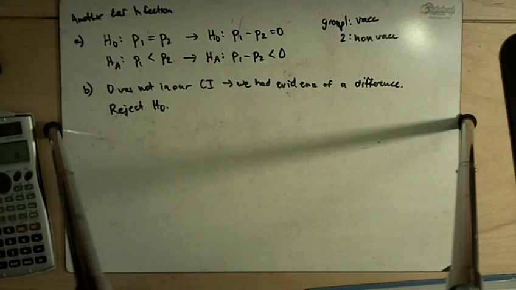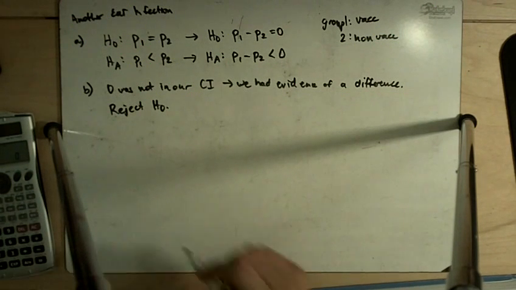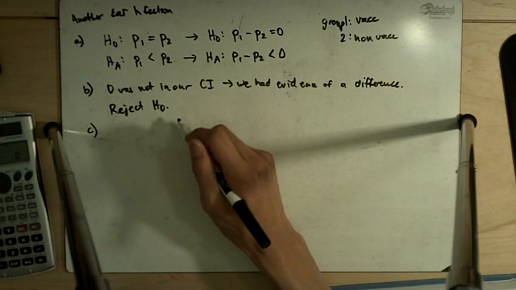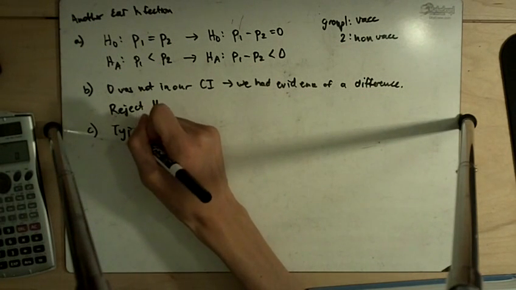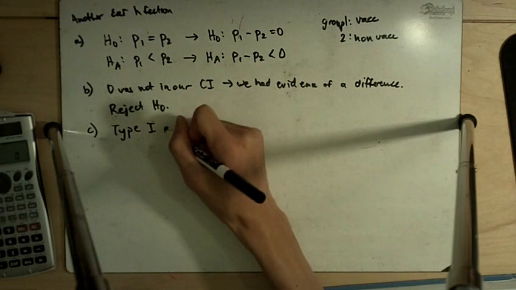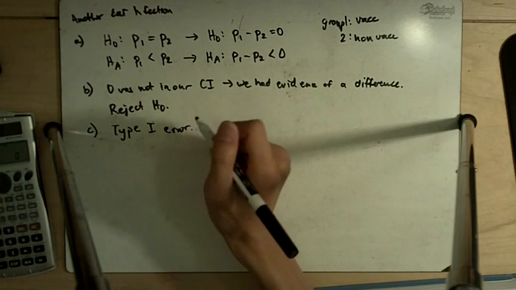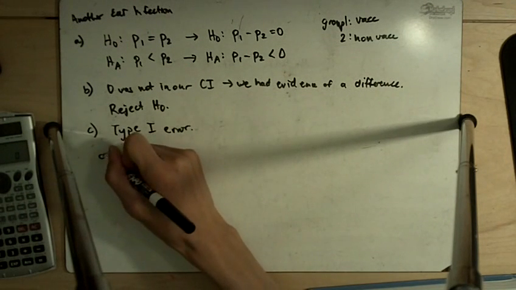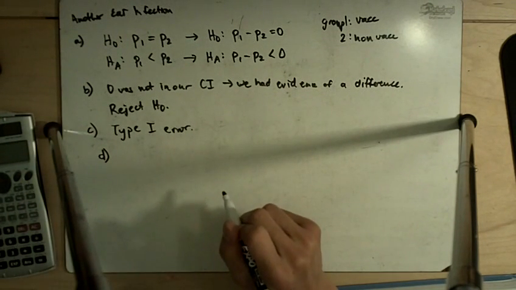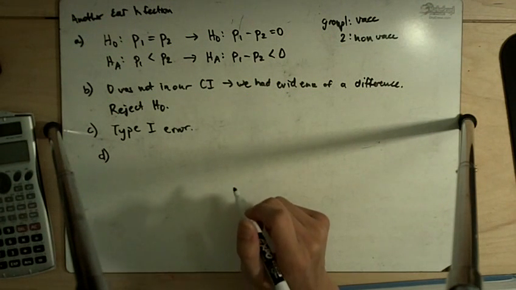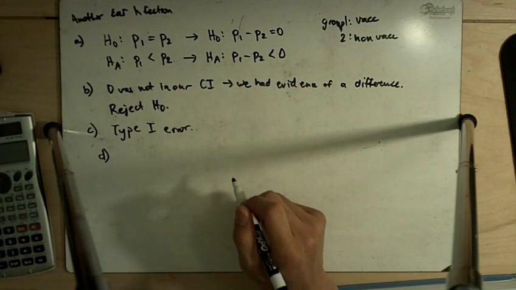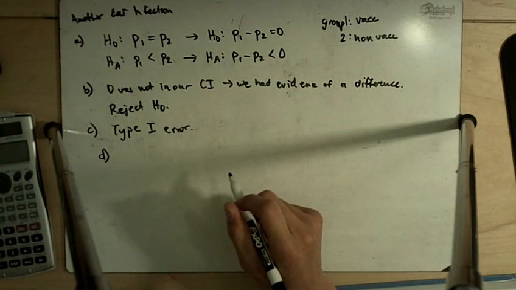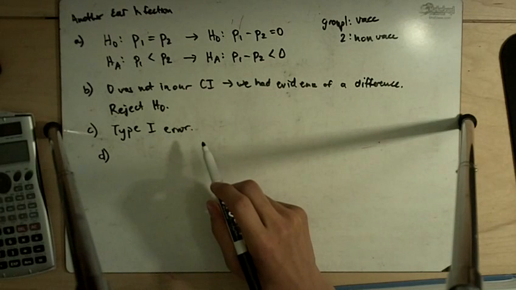And it says, if that conclusion is wrong, what type of error did you make? So in this case, if we reject the null hypothesis and we were wrong, we've committed a type 1 error. And D asks, what would be the consequences of such an error? So the consequence of rejecting the null hypothesis